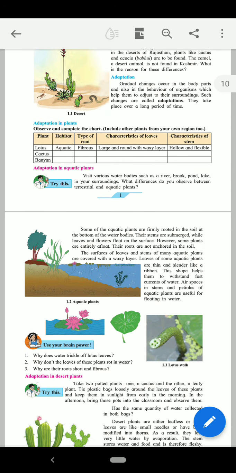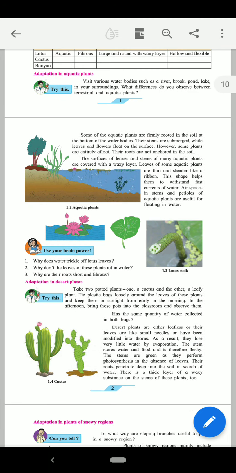After that, we have seen the adaptation in plants, as they have to be in water, aquatic plants. Then they contain a vexillia. Their shapes, some are submerged under the water, some are floating entirely, and some are underwater. They contain vexillia. Because of this, water cannot enter into their stomata, and they will not rot in the water. Then we have seen desert plants.